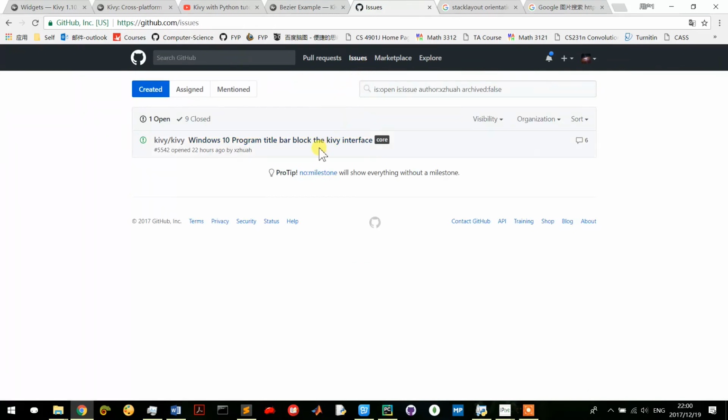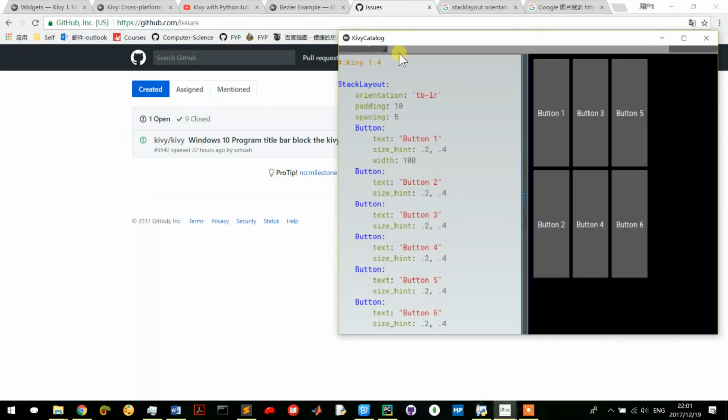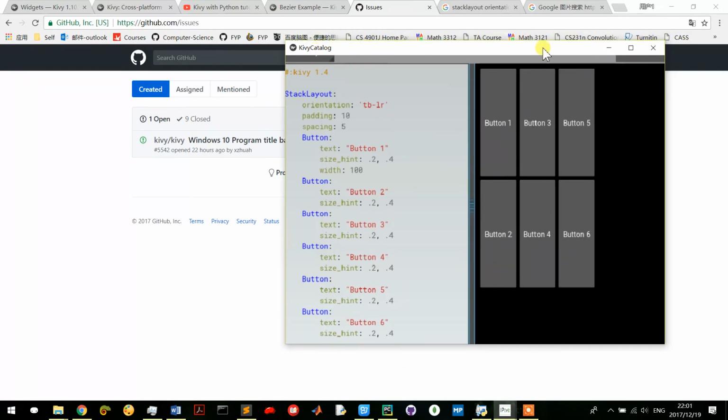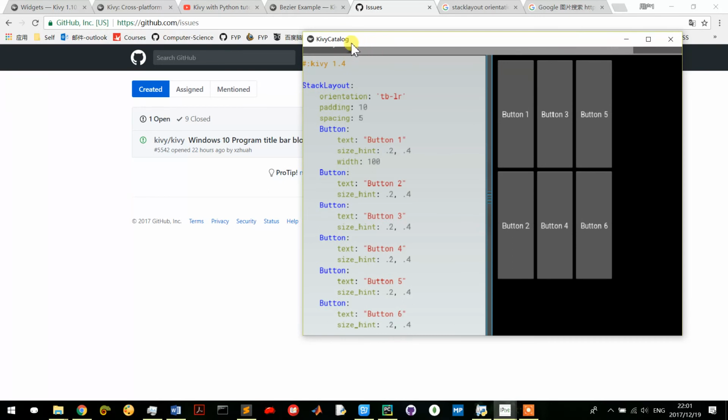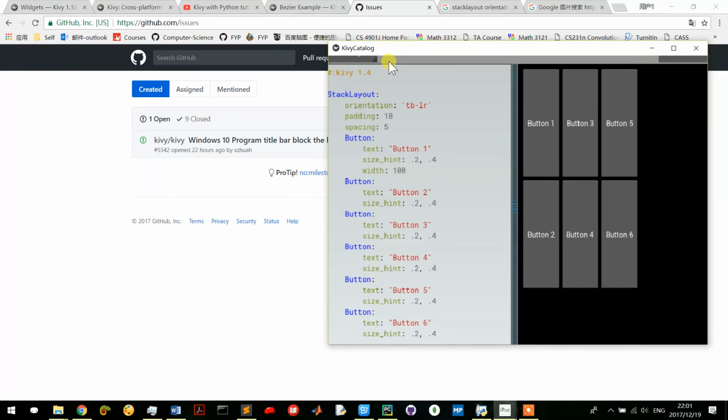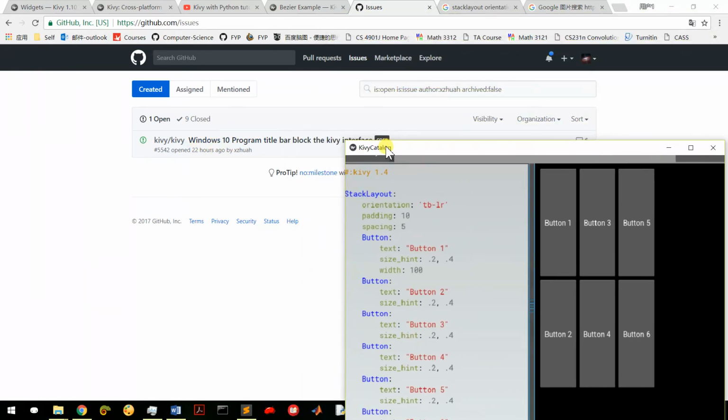Recently, I found that there's an issue in Kivy that the Windows 10 program title bar blocks the Kivy interface. If you also find this bug appearing on your computer, you can comment below my video. What is that? As you can see here, the title bar, the program bar, actually blocks this button. I cannot read what is on this button, and that is the bug